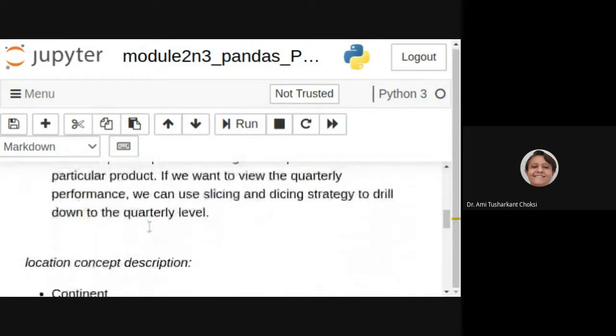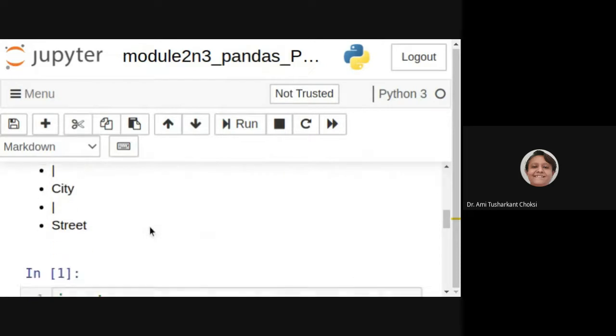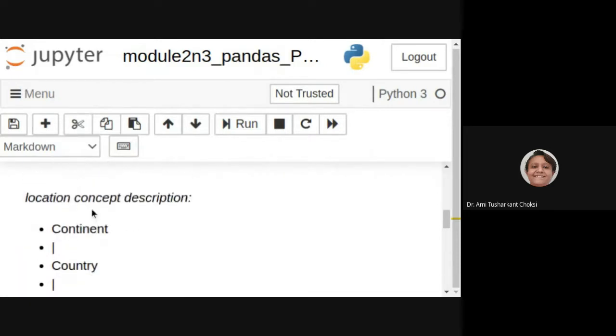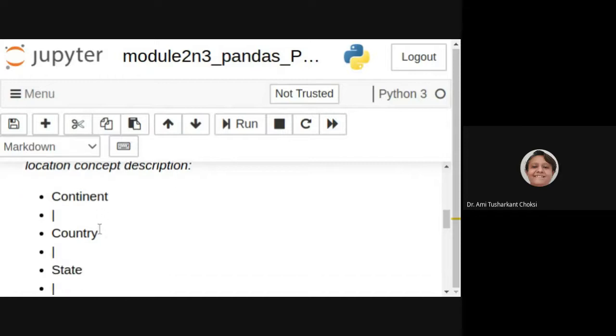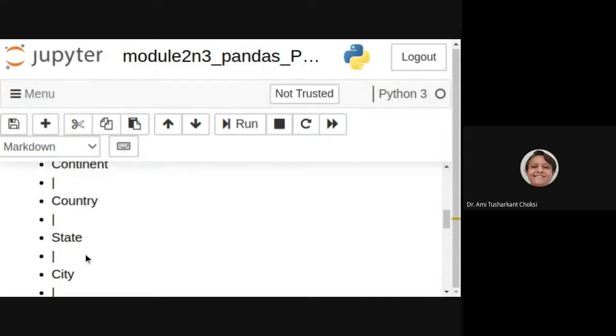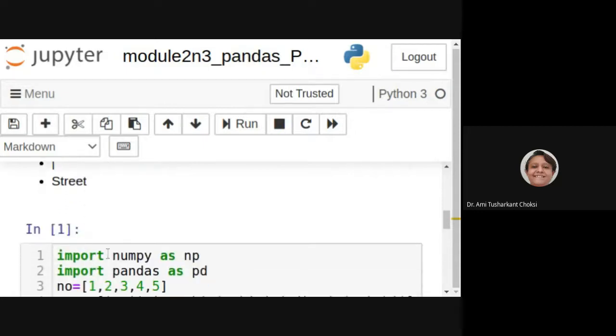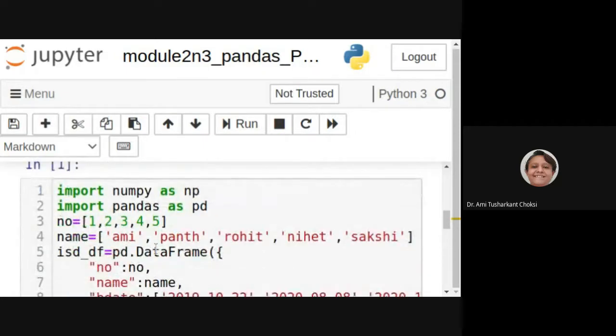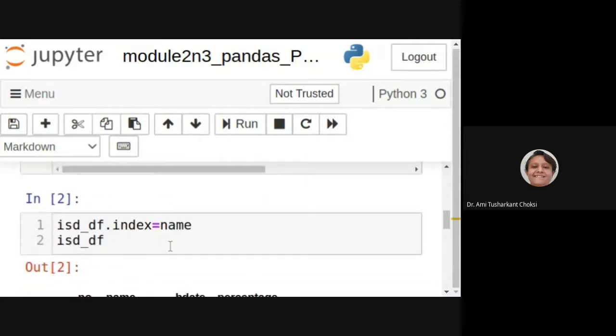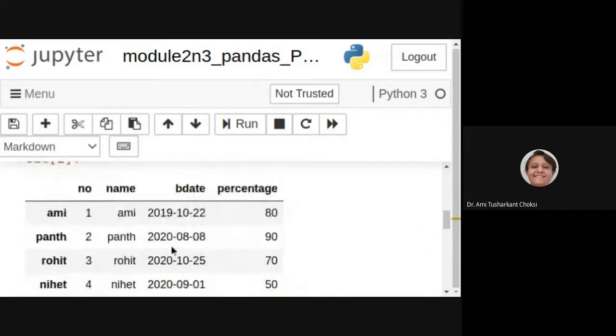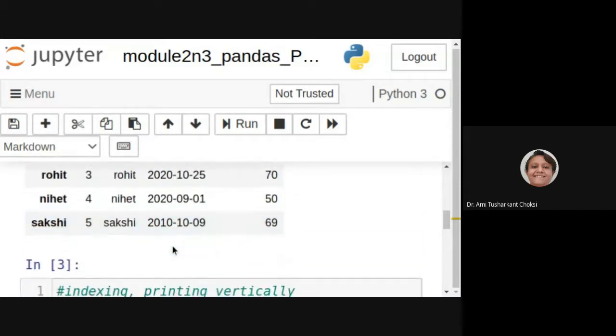Indexing, slicing, and dicing. So, for that, we have taken this example for drill down, right? We have seen the example for drill down, that is continent, then country, then state, city, and then after that, street, right? This example also we have seen,